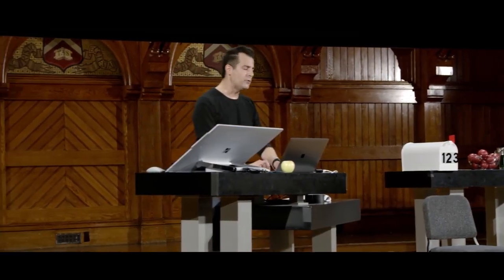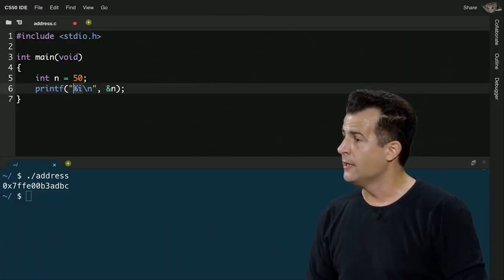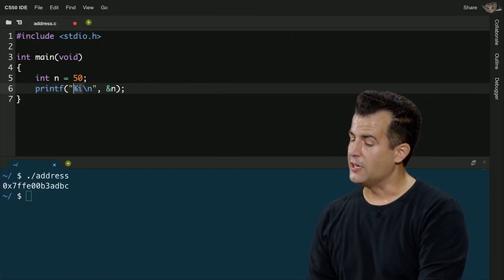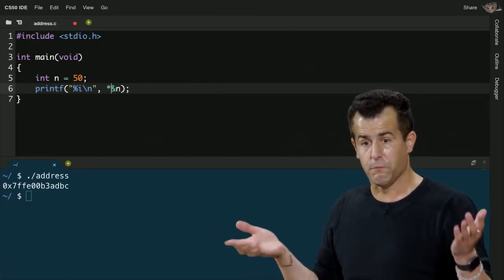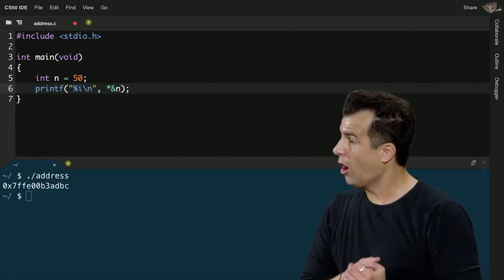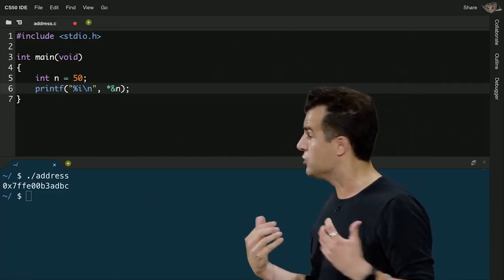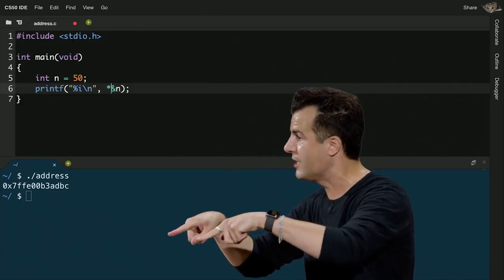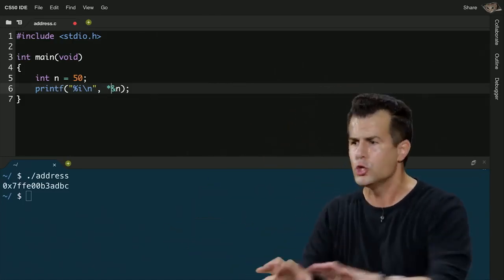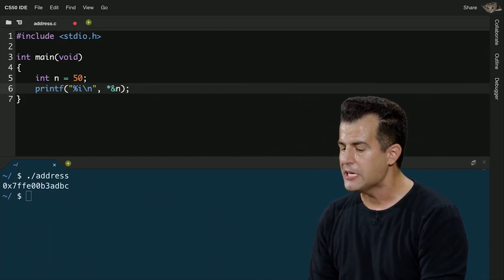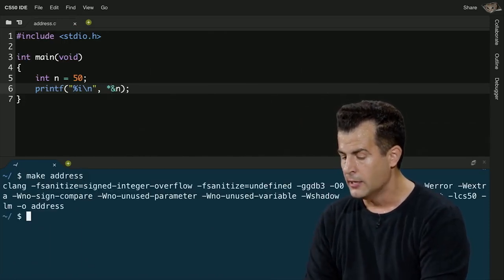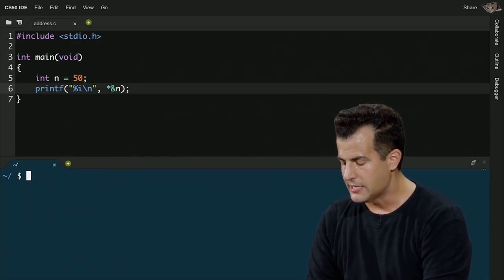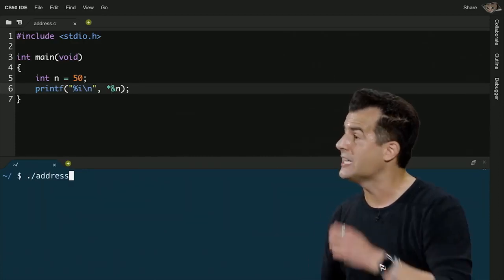So if I want to print out now, not the address per se, but I literally want to print out the value in n, ergo using %i, I can actually undo what I literally did, stupidly, but for the sake of demonstration, by doing star ampersand n. Why? The ampersand says, what's the address? The star says, go to that address. So it effectively just undoes the operation. So you wouldn't want to use this in practice, but it just speaks to the sort of basic operations that we're doing here. So make address. Let me go ahead and say now ./address, enter. And what should I see this time?